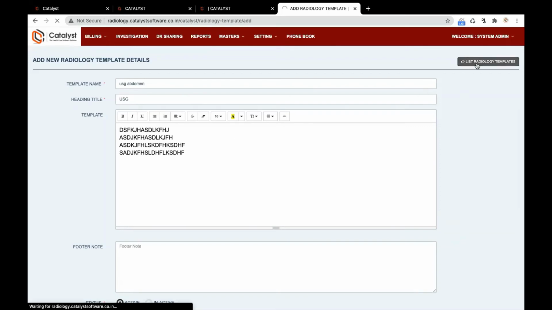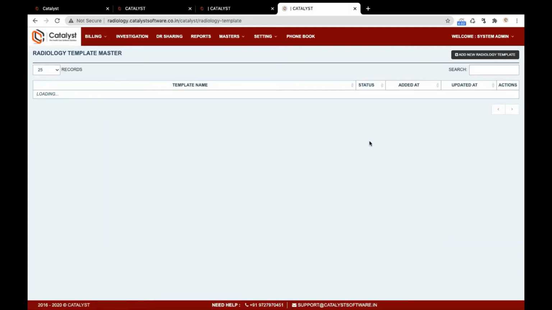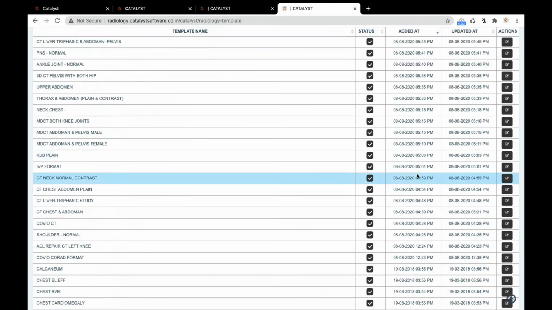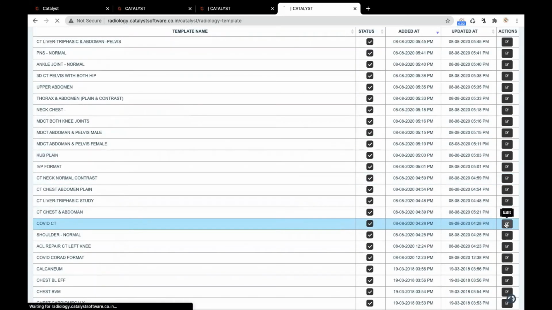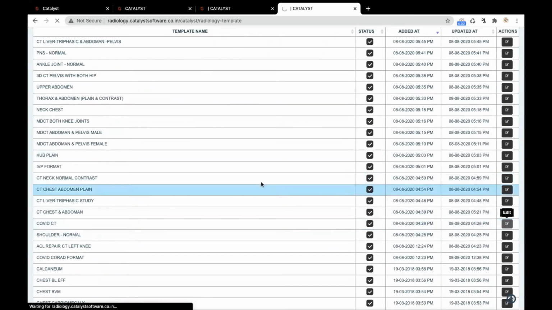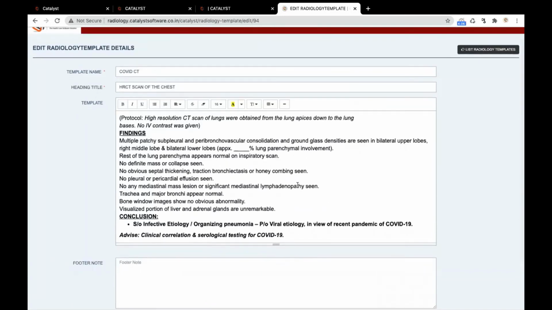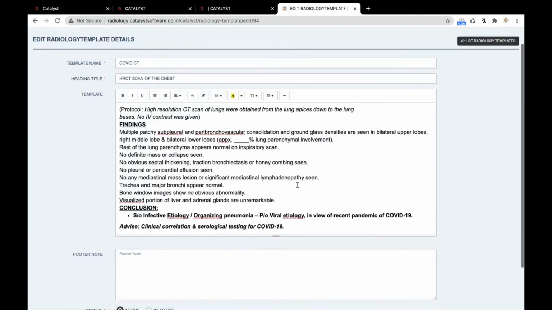These are some of the templates that we have created for demo purposes only. This is the COVID CT template we created. I hope that you will also have similar templates for every report and investigation.